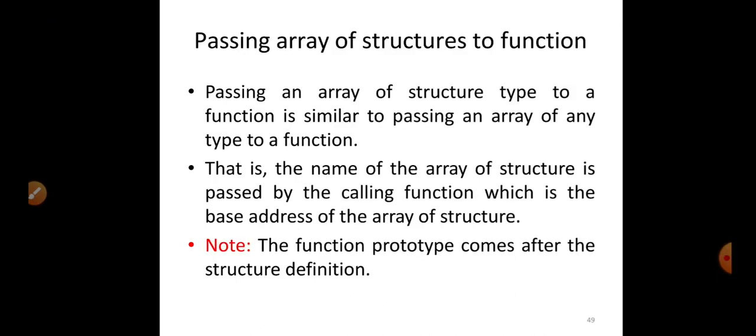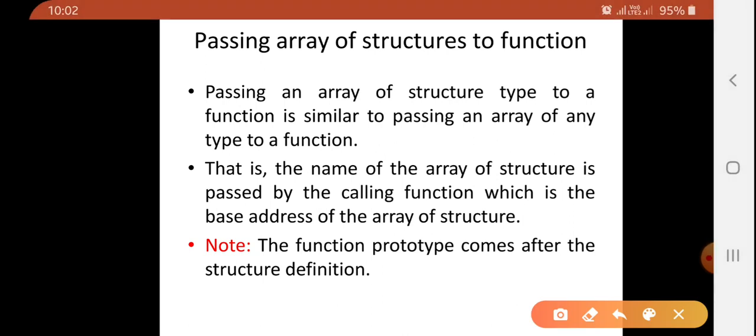And last is passing an array of structures to the function. Even we can pass an array of structures into a function. Now it's similar to passing an array of any type to the function.